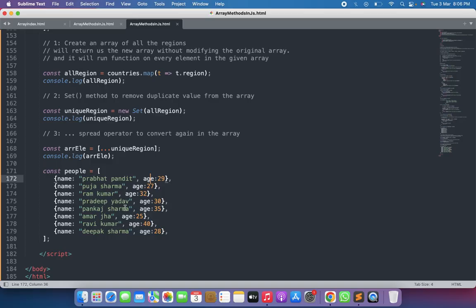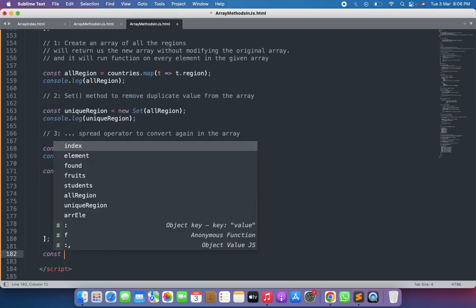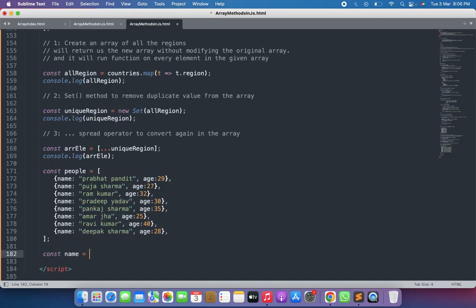Now I'll create one const, and I can say name equal to people dot map. It will take one callback function parameter. Also this map will take one callback function, and that callback function will take at least one necessary parameter. So I'll say name, and now I'll use the filter function, and instead of name, because there is a name property here,